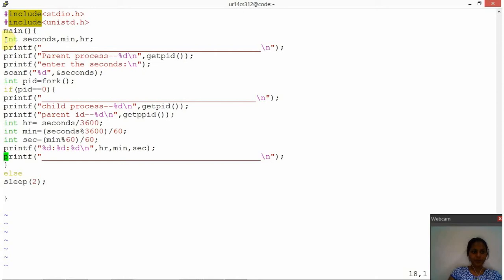First, I'm going to initialize the seconds, minutes, and hours, and then I'm getting the parent ID as PID, and then I'm getting the seconds. I'm initializing this PID to fork. Otherwise, you can just use the fork function equal to 0. That creates a child process, and the else part creates the